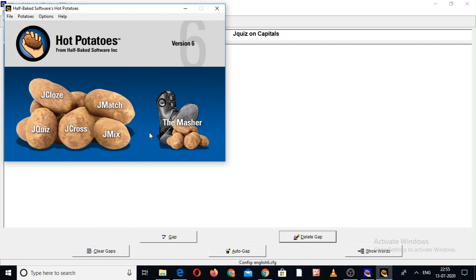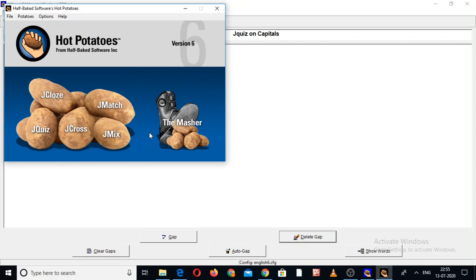learning content. Hot Potatoes was originally meant to create language exercises, and some Hot Potatoes exercises like jumbled sentence have little use otherwise. However, most exercises can be used for any subject.